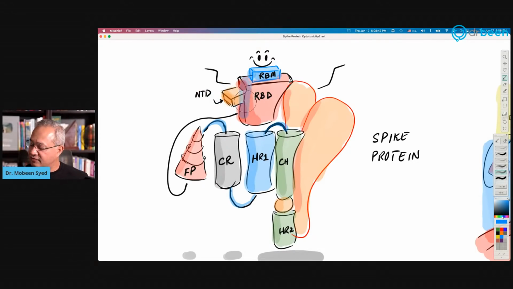This is one part of the rope. N-terminal is connected with the receptor binding domain. This is the part of the spike protein that binds with the ACE2 enzyme. On the receptor binding domain, there is a specific part that actually connects with the ACE2 that is called receptor binding motif